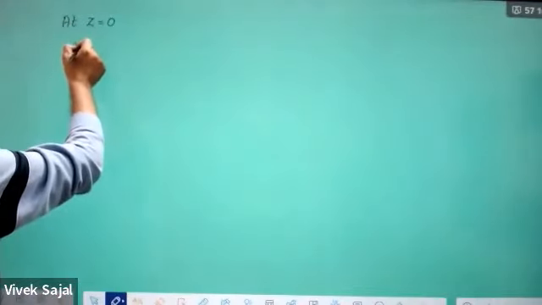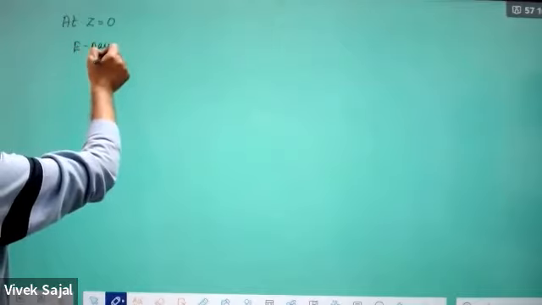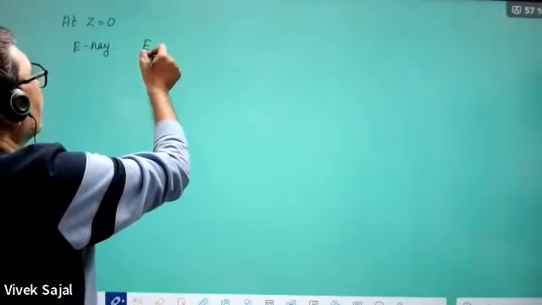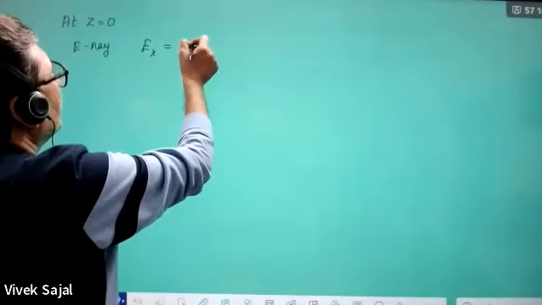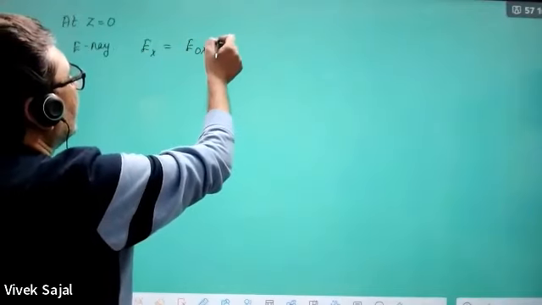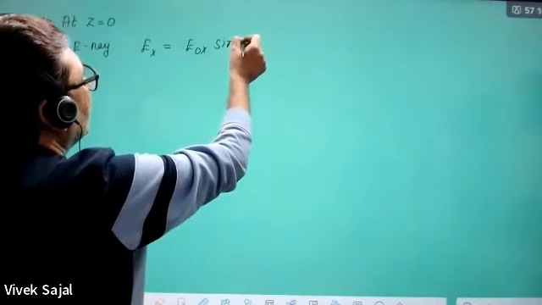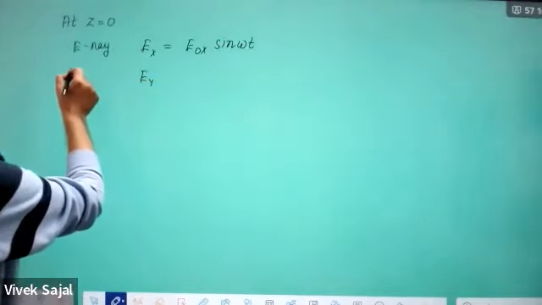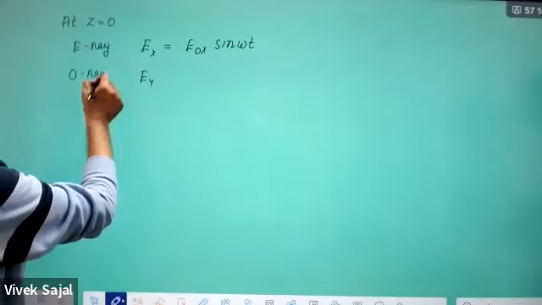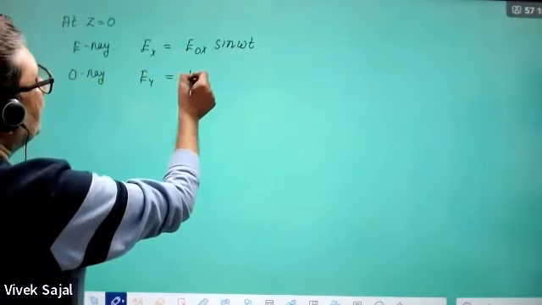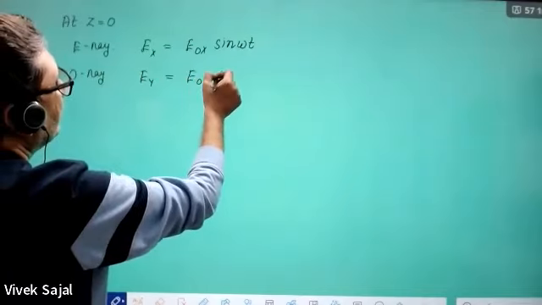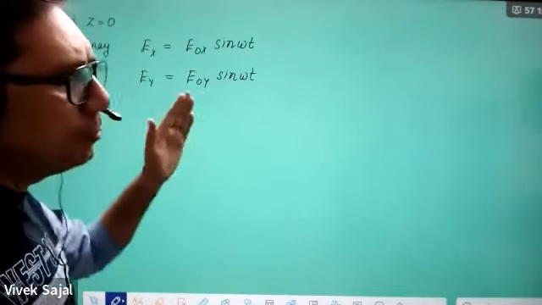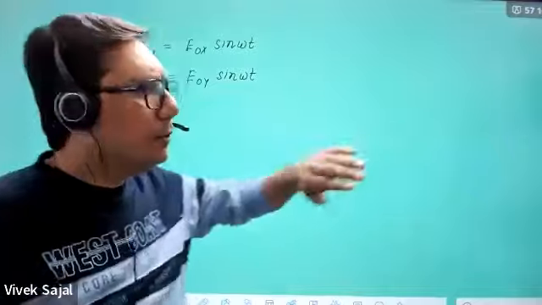So what will be this E ray? You can say this is Ex, and this will be E naught x sine of omega t. And Ey, which is going to act as the O ray, can be written as E naught y sine omega t. Now both these lights, O ray and E ray, are going to travel along the